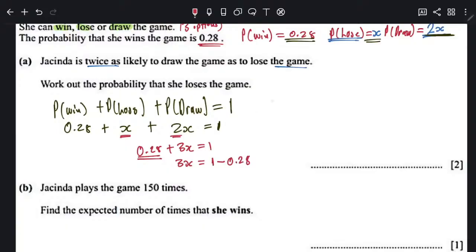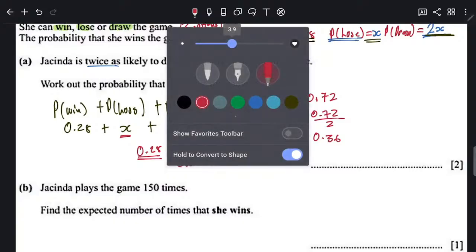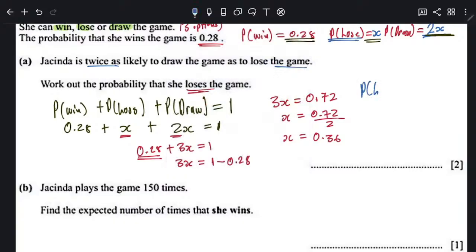Now you have it saying 3x is equal to 0.72, which means x will be equal to 0.72 over 3, which means x is equal to 0.24. Now they want the probability that she what? She loses the game. Oh, okay. Probability of loss is equal to x, which means